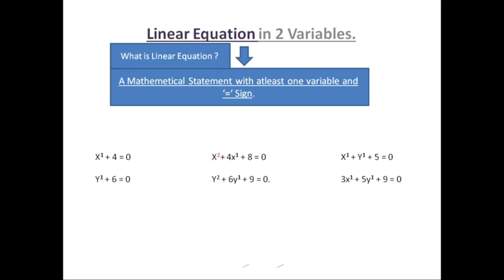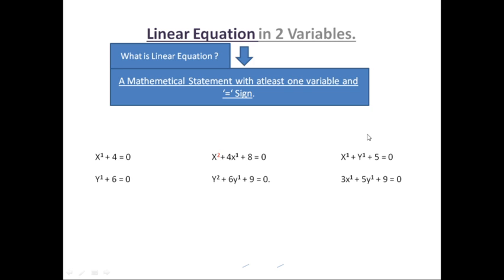Now, in this chapter, we are concerned with linear equations in two variables. Look at my cursor very carefully. We are concerned with linear equations in how many variables? Two variables. But in this case, we have only one variable x here, and here only one variable y. So we don't need this. Even in this case, we have only one variable, x and 4x, मतलब x ही है यहाँ पे भी. Even here, there is only one variable y. So we also don't need this.